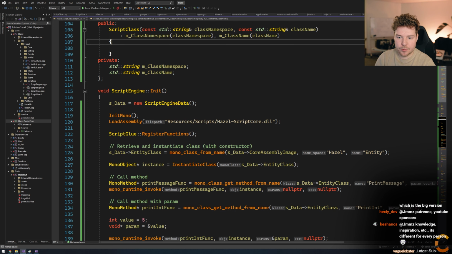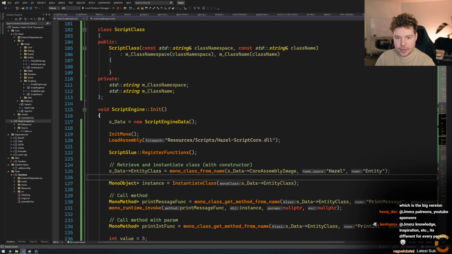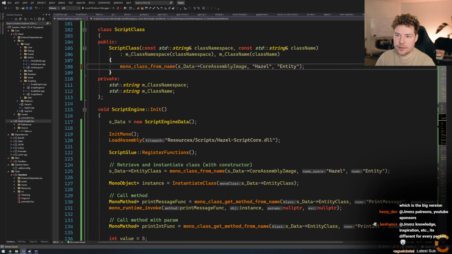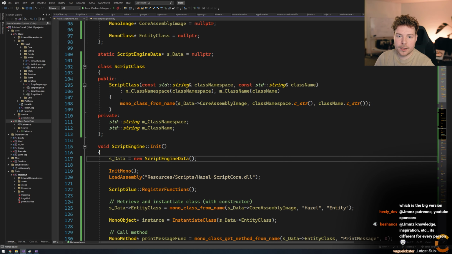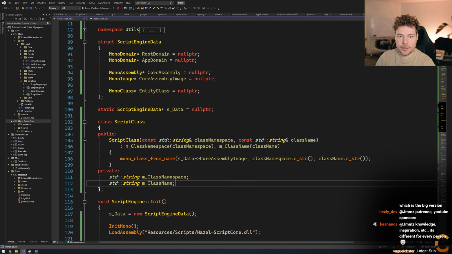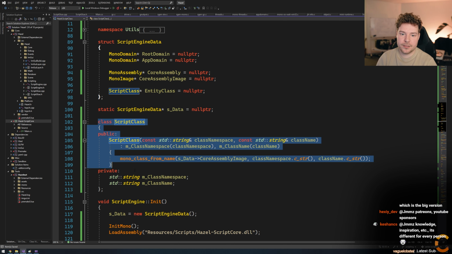And then what we'll do is we'll immediately retrieve this. Yeah. So that gets retrieved, and then basically this entity class is going to become a script class.